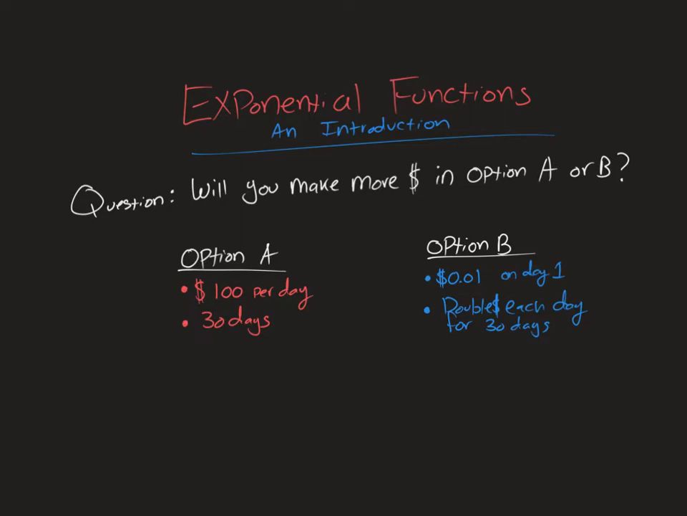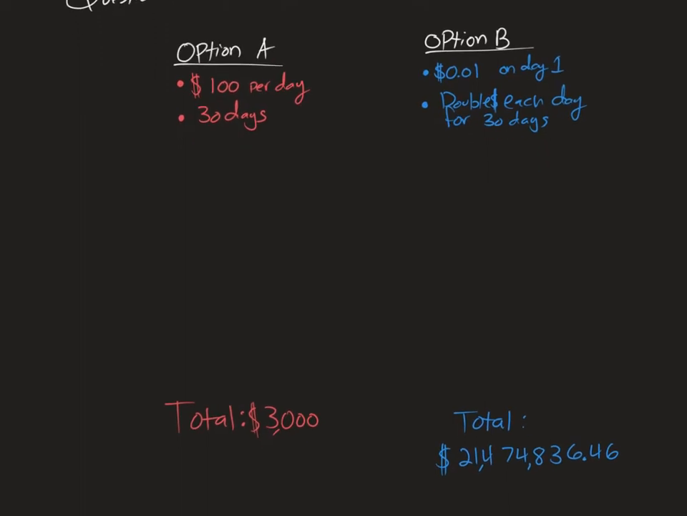All right, so I'm going to just slowly reveal here. I have it written down, and we're counting cumulatively. So if you have $100 on day one, you have $200 on day two, $300 on day three, and so forth. So in option A, you make $3,000, but in option B, you actually earn $21,474,836.46. So really this seems a little bit deceiving, but in Algebra 1 you really talked about linear functions, and